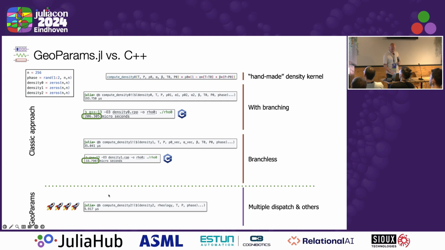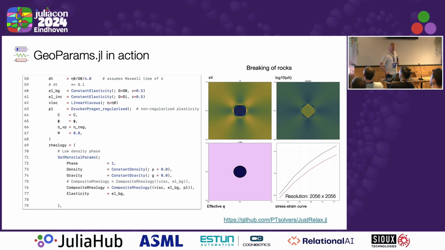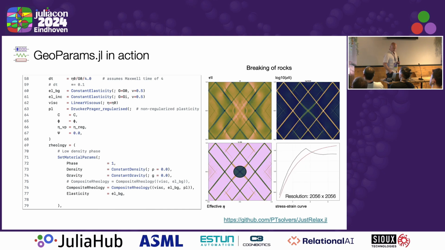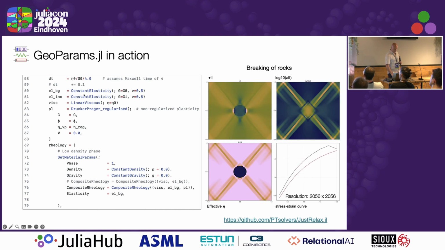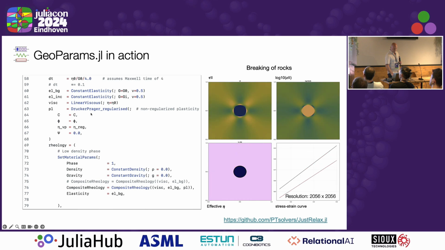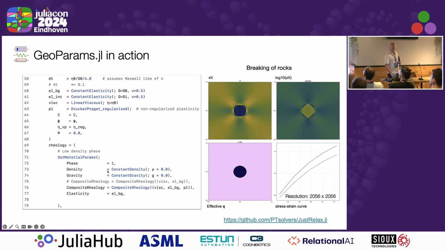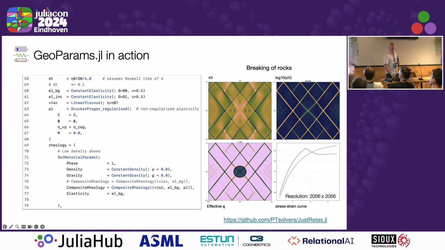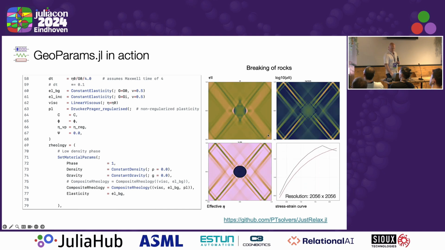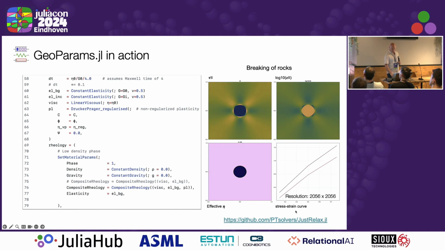But in any case, it shows that Julia certainly is compatible with the compiled language, and very useful because it is modular. So just to give you an example of how this works in practice. In your code, you would specify the different material parameters in your input setup, and then in your actual code, you would run this kind of simulation,